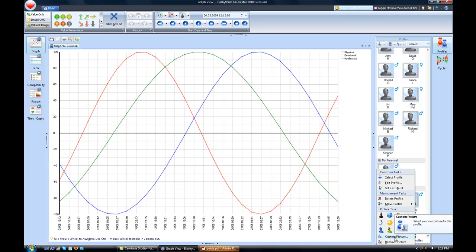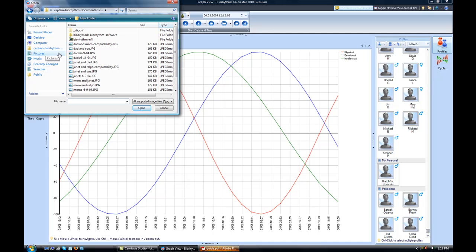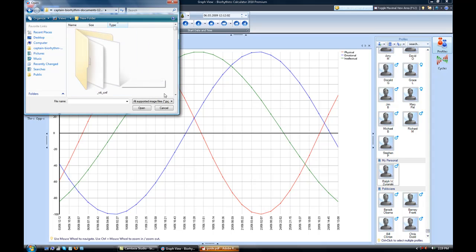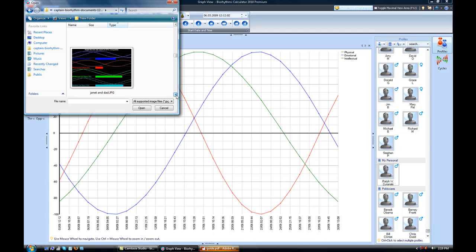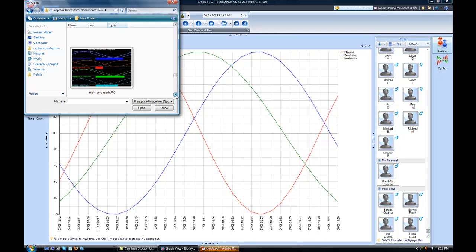So I'm going to go see if I can find a custom photo of myself on my computer. So when I click custom, it opens up a window where it goes directly to my documents or some other folder, and I can migrate through all my different folders to see if I can find a photo of myself. So I'll look in Captain Biorhythm documents, and I've got a lot of pictures of people, so I think I'll go up and make all the icons extra large and then scroll down and just see if I see any photos that I might be able to use. And I've got a lot of photos of different biorhythm graphs, compatibility graphs of myself and my family that I'll be using in the other training videos.